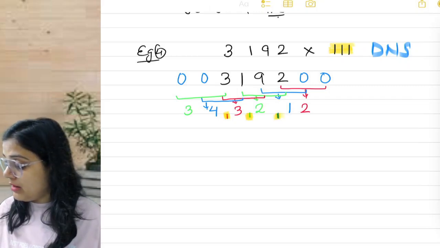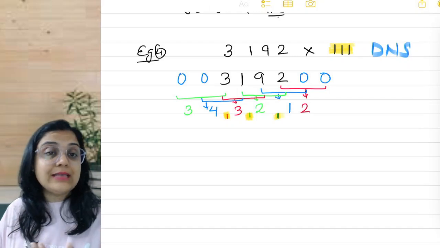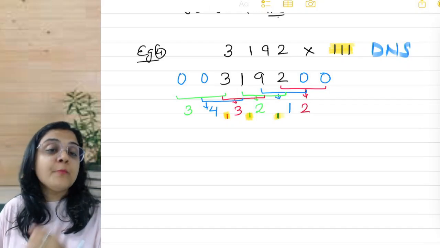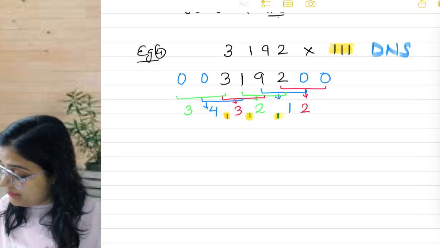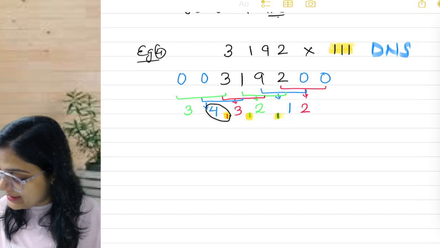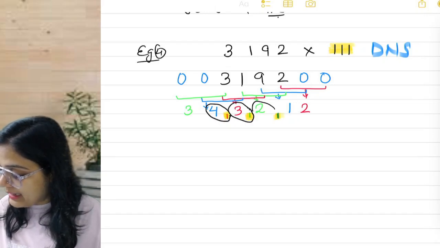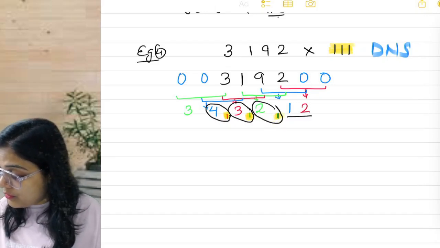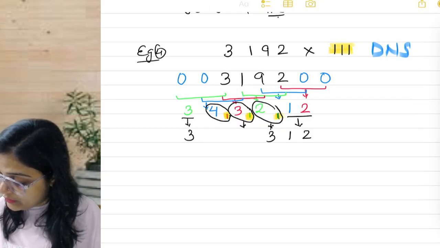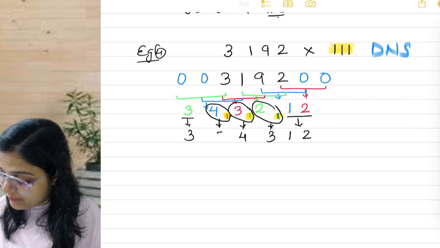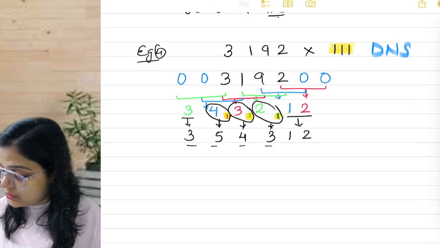And I hope you remember how do we balance carries, what we have to do with the carries. Do you remember? We have to balance the carry by adding it with the next place. So I'll simply add this carry to the next place like this. I'll add these 2 and I'll add these 2. Remaining will come down as it is. This 2, this 1 and this 3 will come down as it is. So 2 plus 1 will become 3. 3 plus 1 will become 4. 4 plus 1 will become 5. So 3, 5, 4, 3, 1, 2 is my final answer.